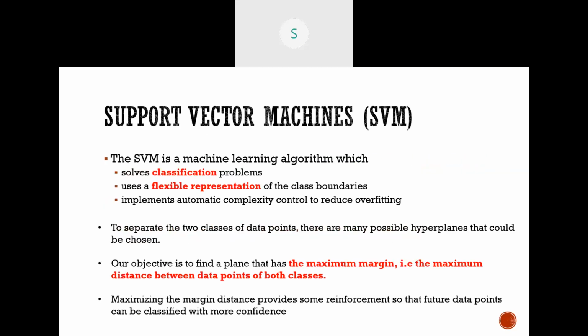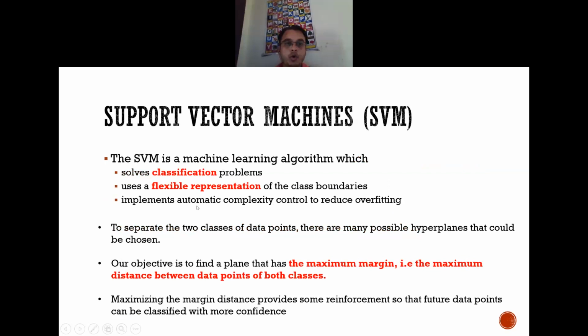Now, if I go with the kernel methods, SVM is one of the most important methods. Why is it essential to learn the support vector machine? First and most important, it's a classification system. If I want to classify different objects or different methods, then I can go with the support vector machine. Second, it's flexible to represent. If I have different features, then I can map them to classify them in different ways.